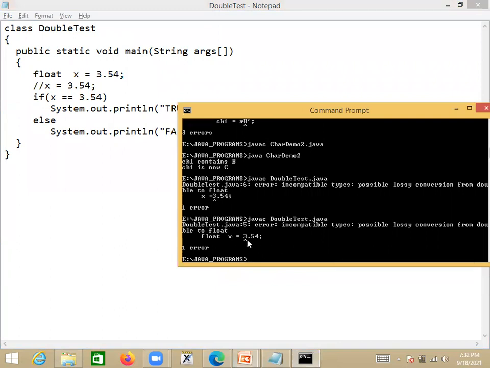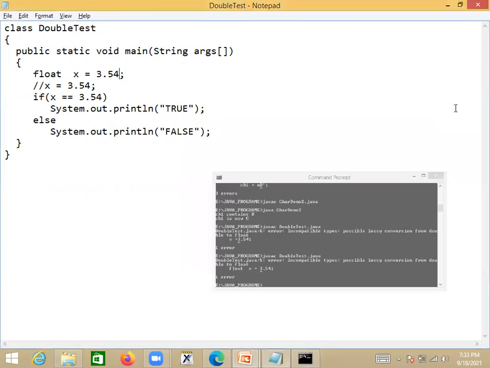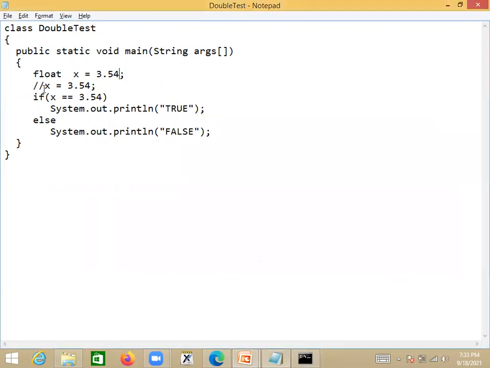So see again, same way. Even at the initialization or assignment, if you perform, now it says incompatible types. We need to understand why it is giving this. This is where generally people make a mistake. In C, we don't get any error when we do such kind of assignment.